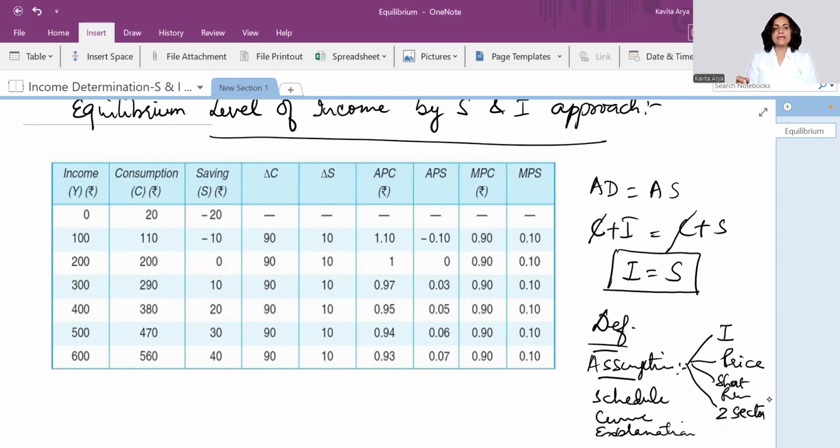But for this S&I approach, all these pointers are not required. The first 3 are required along with 1 more, that is I, and that is done. So how do we go about it? As we assumed I to be a constant value of 10, let's have it once again here. So if it is 10,